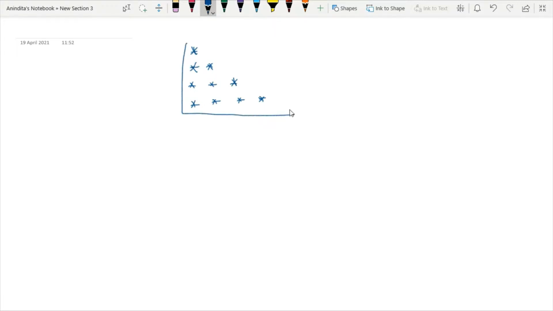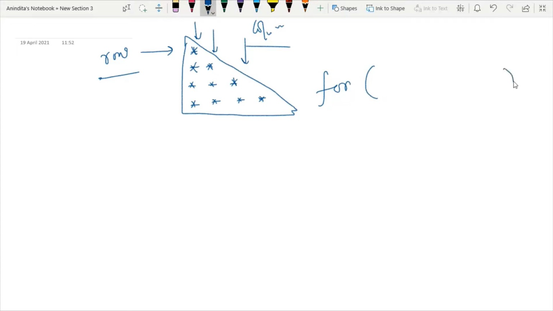So whenever we have to create this kind of pattern, we have to track the row, and also we have to track the column. Whenever we are tracking row and column together, we have to use two loops, and these loops will be nested in nature. Means first I will write one loop, and within that loop I have to write another loop. This kind of looping is known as nested looping.